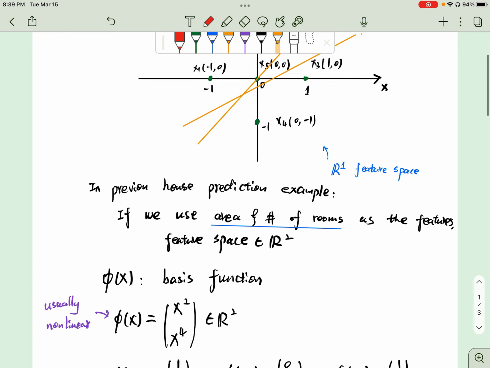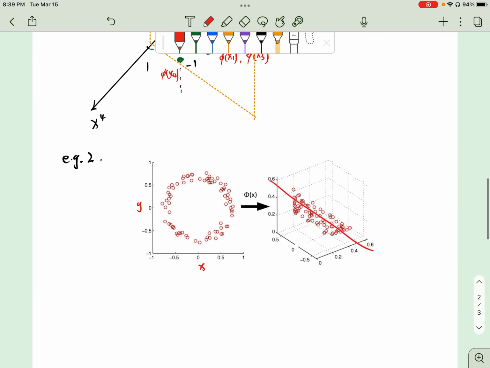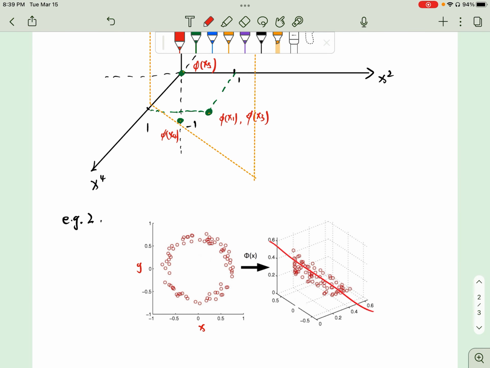It's similar to this problem, but we have more data, and the data is distributed in a circle like this. So if you want to do the linear regression in this feature space, maybe you can find a straight line like this,